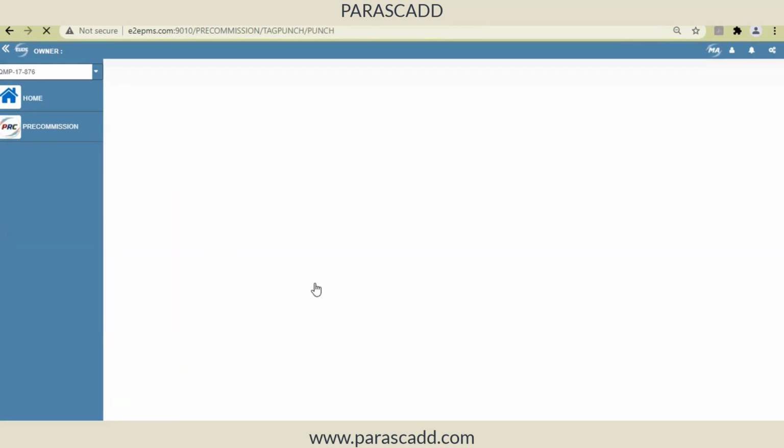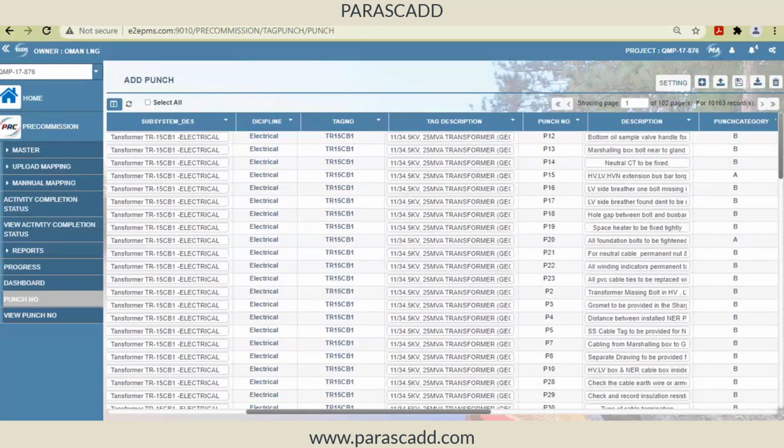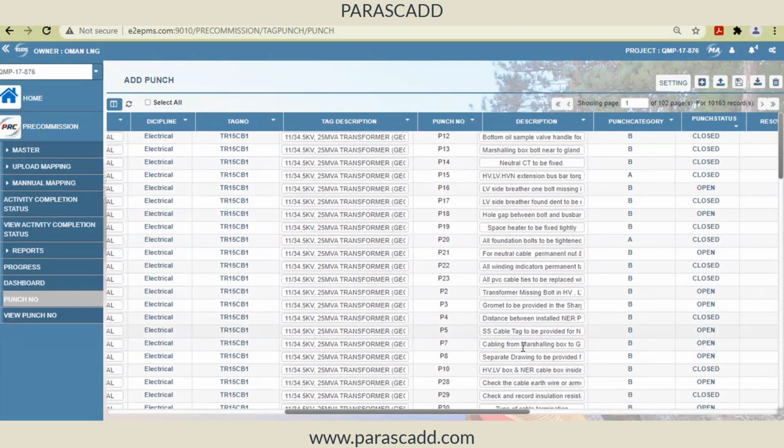Now we have punch numbers. Punches are nothing but we can create punch points. So these punch points can be added. The punch points, again, I can upload in Excel form. It is not necessary that it has to be entered one by one. Maybe today you have created 10 or 15 punch points against a subsystem. So you can enter the system number, subsystem number, and what is the punch number, and it can be uploaded also, or you can enter it also.